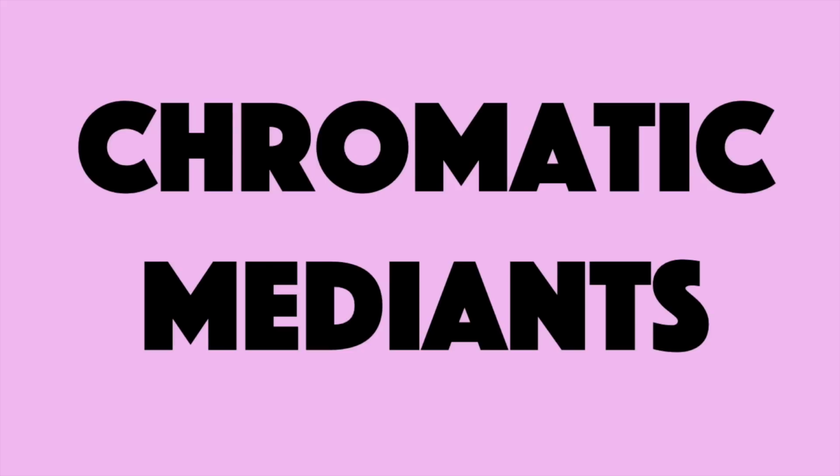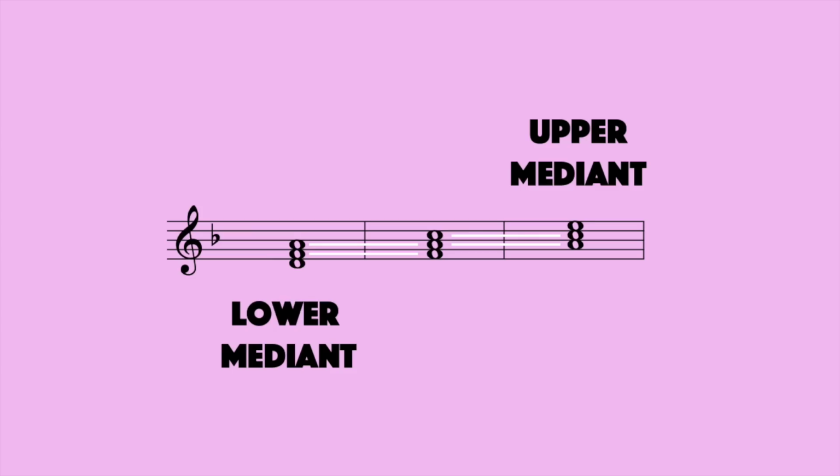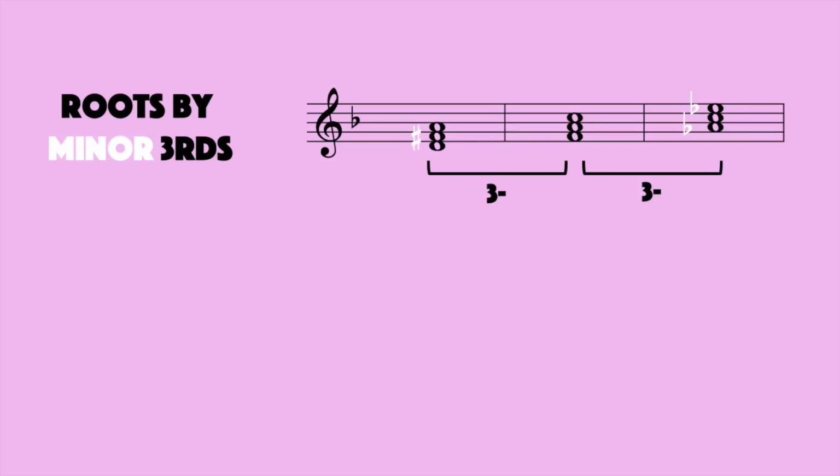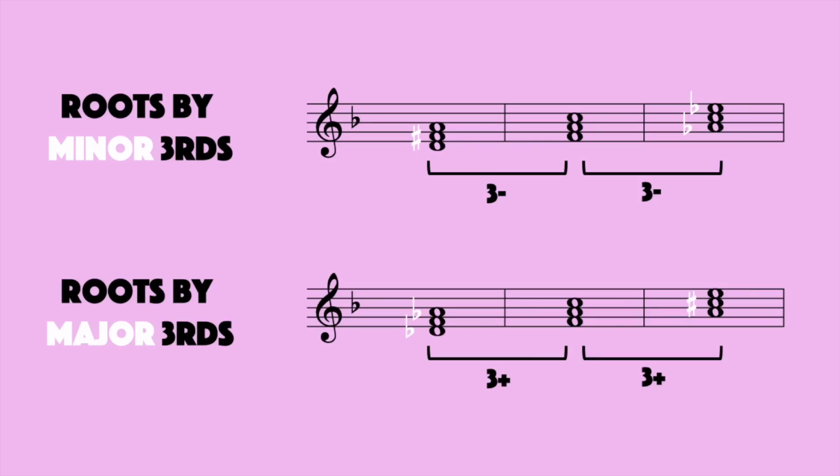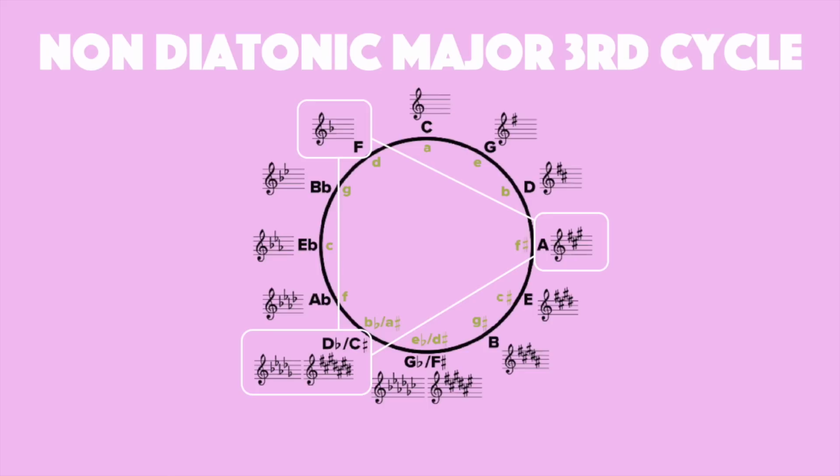With the chromatic mediants though, it's a little more complex. If you manipulate a diatonic framework by adding accidentals, it becomes chromatic. For example, as major chords related by a minor third or a major third. And those chord relations sound a little more flamboyant as there is no diatonic connection anymore. And the contrast of color when you connect those chords is much brighter than in the diatonic relations, and you really can feel the distance.